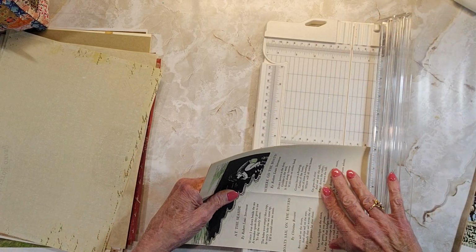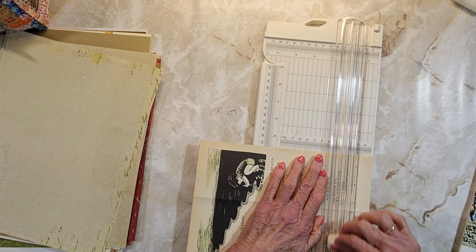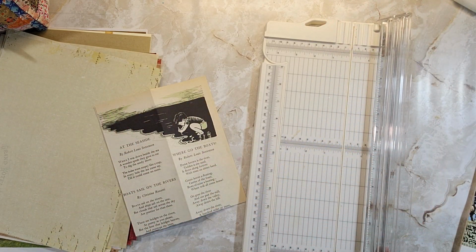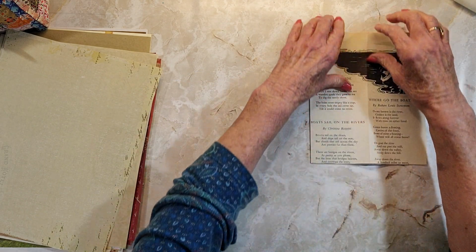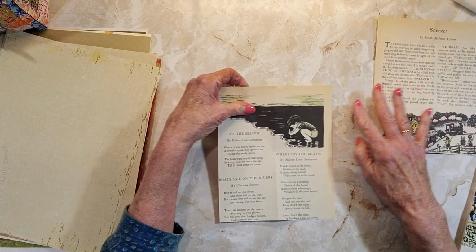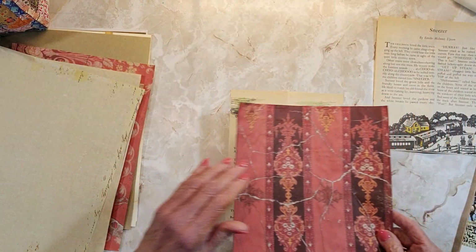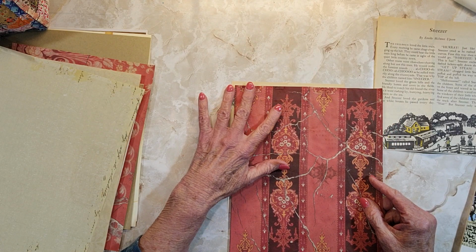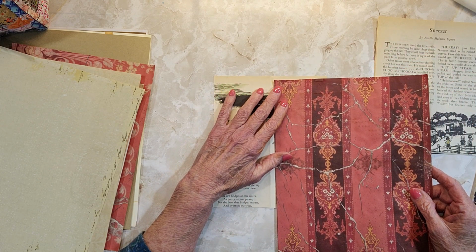Now, she used her Christmas digital that she has for this year for her cover pages. But I don't have those. Okay, so now they look so tiny. All right. I thought I would use my scrap pages that I've... So all of these should be the same. See, I was hoping I could use...